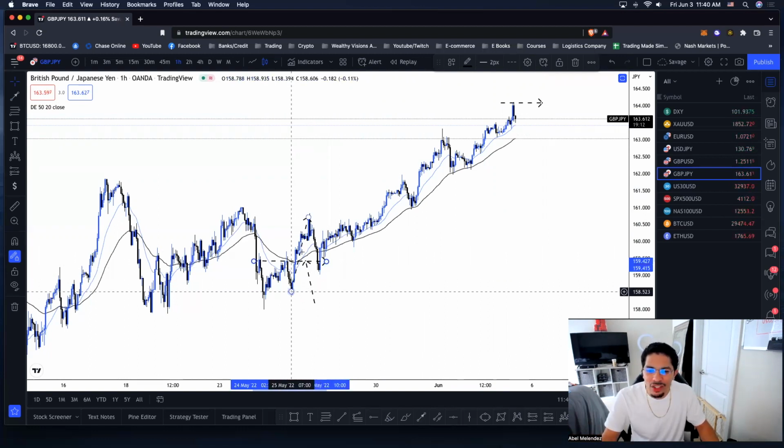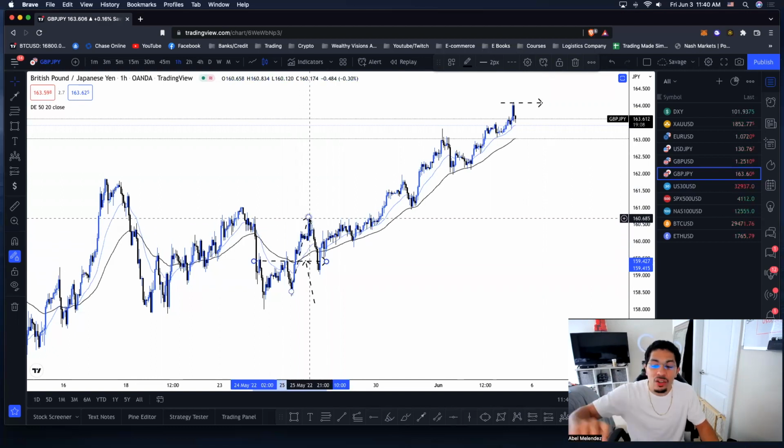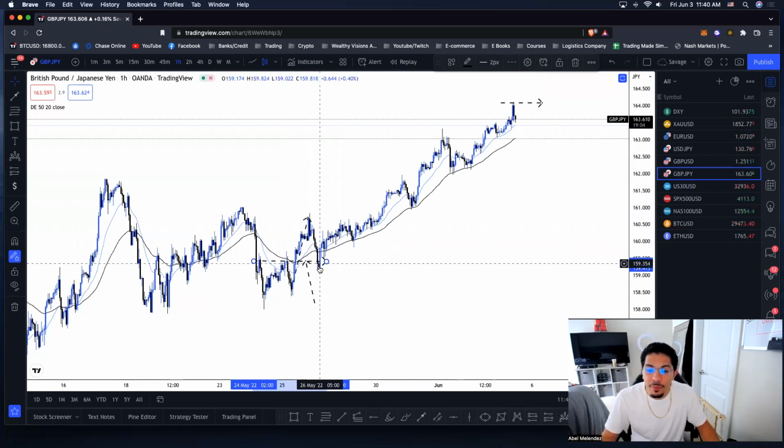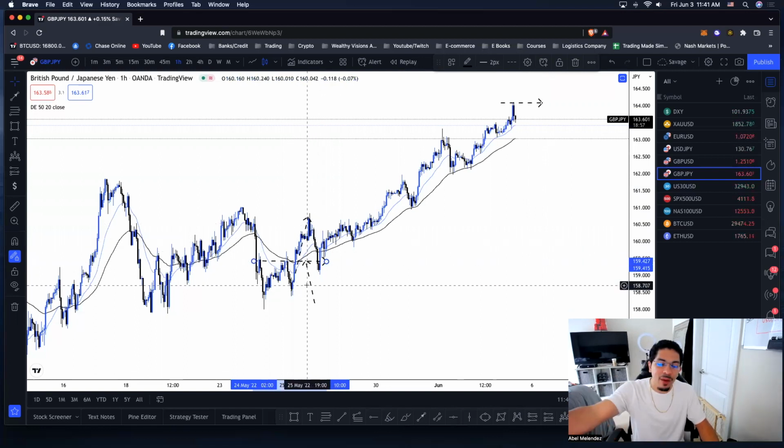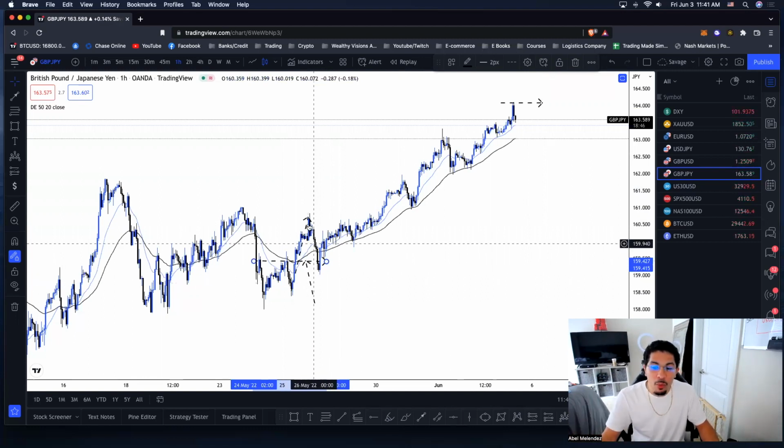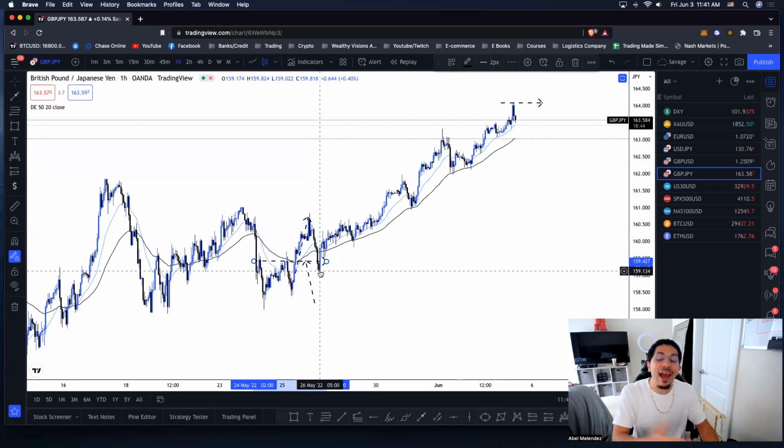Okay, so number 1 is to identify the trend. Number 2 is to identify structure, which is going to cause us to identify our higher low in the markets. And then from there, step number 3 is pretty much just going to be to look for your entry. But we're going to take a look at this right here. Now obviously, looking at it from a hindsight perspective is very easy. But this is why it's very important, guys, to get familiar with what we're supposed to be looking for when you're looking at structure and trends, so that when we don't see it in hindsight, you're already picturing what's expected, okay?